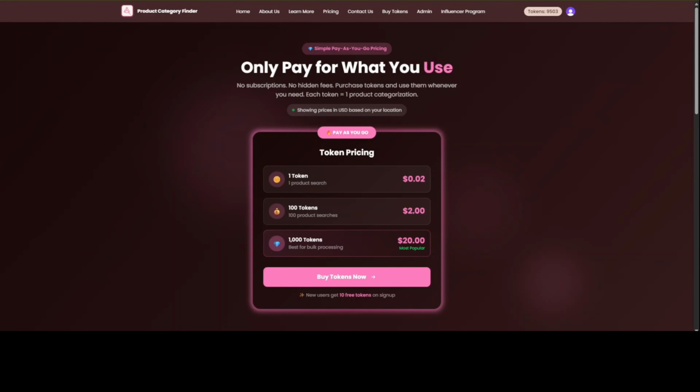Imagine editing those 3 values manually, or paying a subscription for some other tool that you are going to use once or twice or maybe thrice in a year, but will keep paying for it every month. That is why I have made this categorizer in such a way that you only have to pay as much